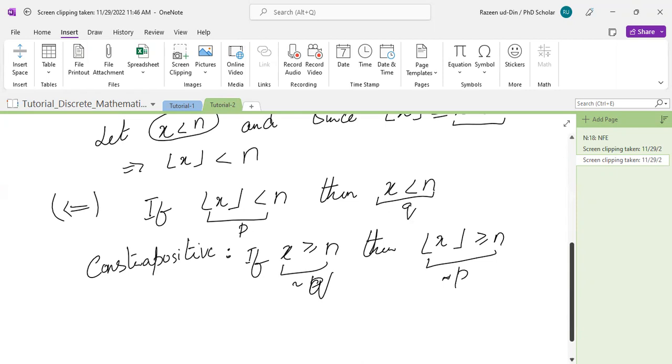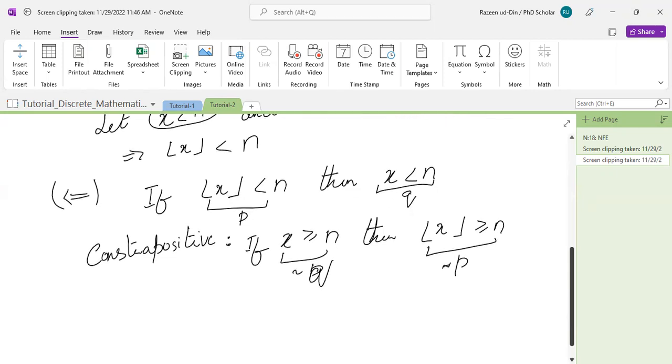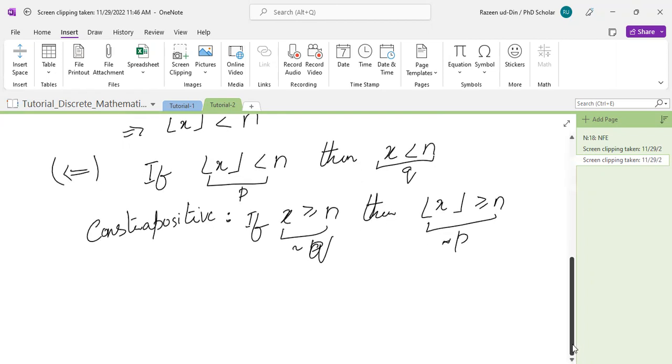By the way, you can use any proof technique, right? Direct proof, proof by contradiction, or any other legitimate technique. You are free to choose any technique to prove this question. Now, so this is the contrapositive statement. So let x be greater than or equal to n. So what does this mean? This means that